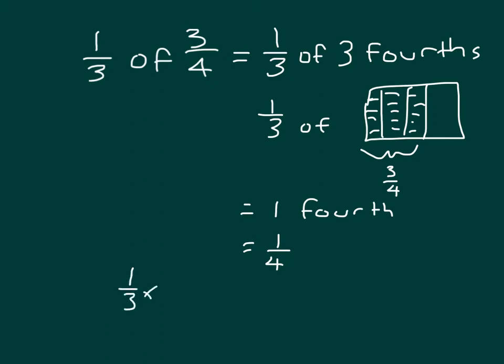Our multiplication sentence that shows this is 1/3 times 3/4, which will equal 1 times 3 over 3 times 4, and then we can cancel those 3's to get 1/4. So 1/3 of 3/4